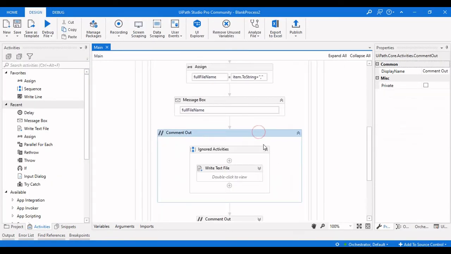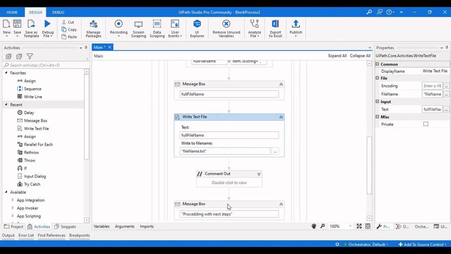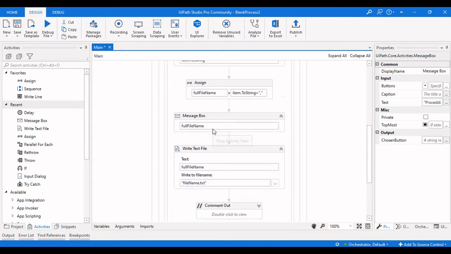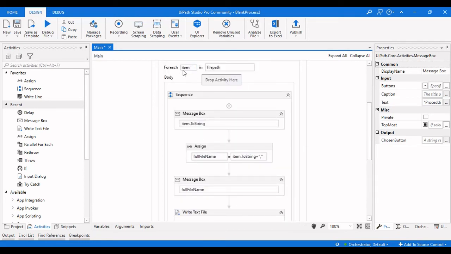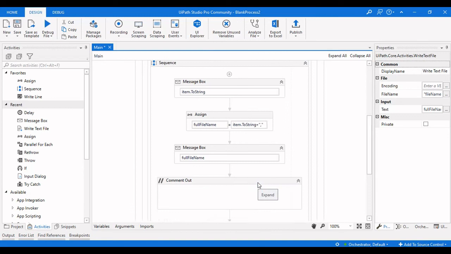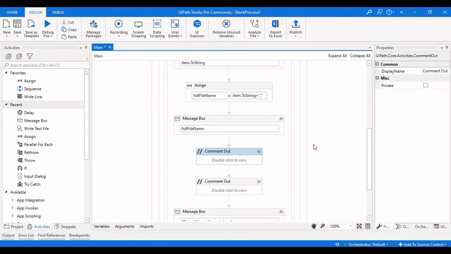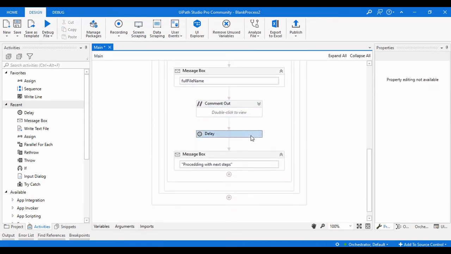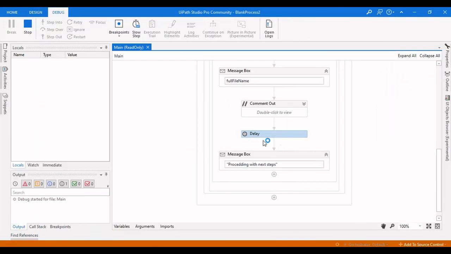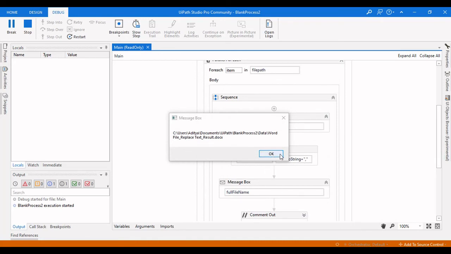Because there is a write text file, because of this particular action there is a delay in coordinating with the next step. That is the reason why it went back to the item which is present in this for each and iterating them. If I comment out this particular text file, it works like a for each activity, and if I open up this delay also, we can see it works like a parallel for each. Because of the delay present over here, there is some time left for this particular for each activity to complete the steps which are above this particular delay.